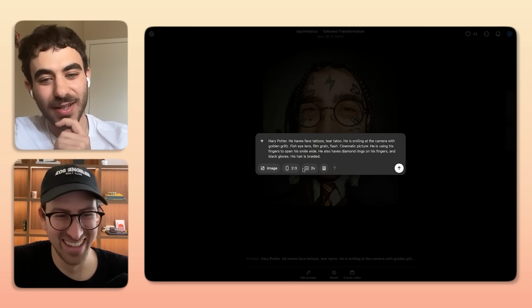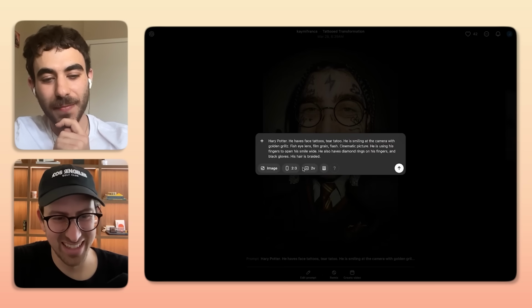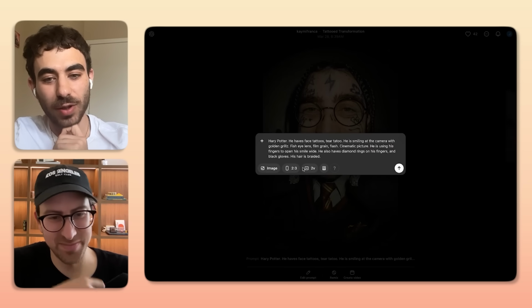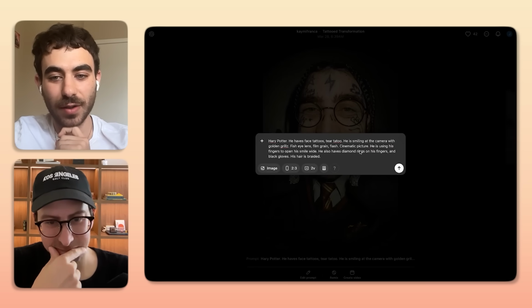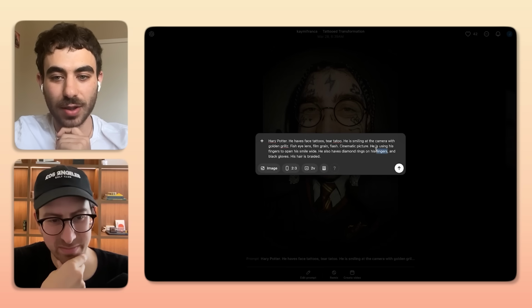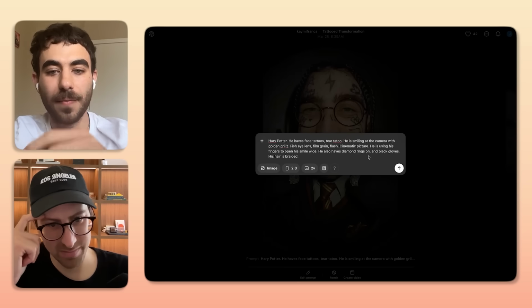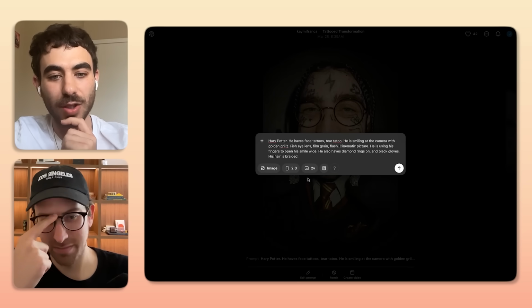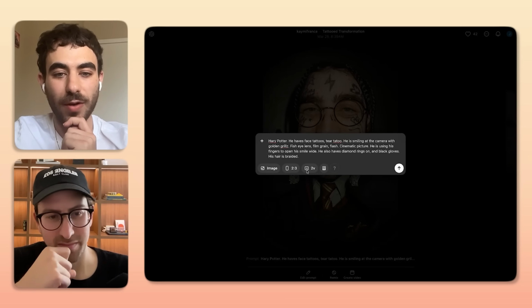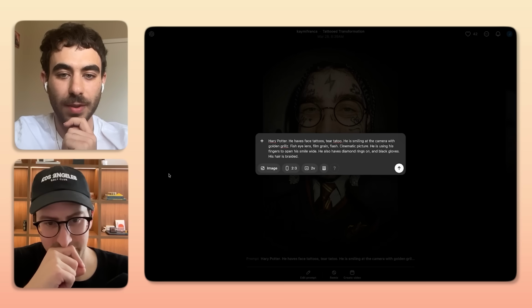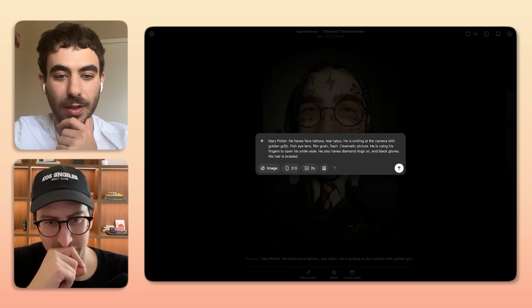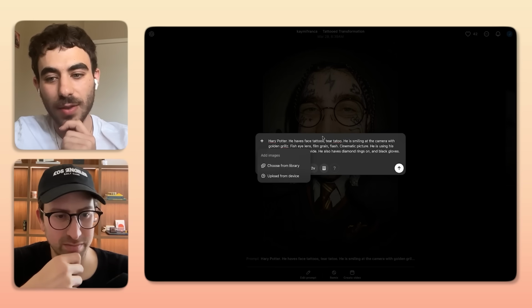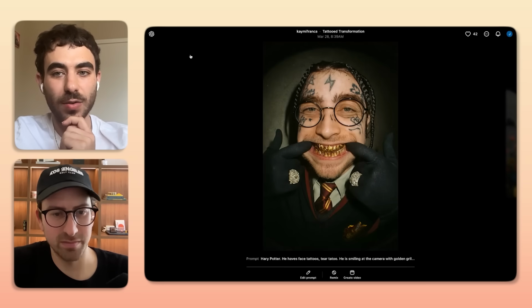But you can click on it, you can see it, and you can also adjust or edit it. So I could come in and remix it from here. I could adjust the prompt myself, so I could literally just start rewriting things. Or I can change the aspect ratio, or I could upload my own reference images. So yeah, very, very cool. I could upload a reference image to make adjustments,